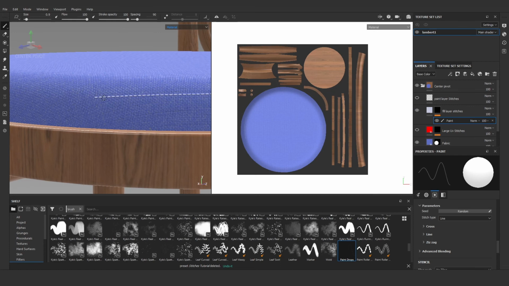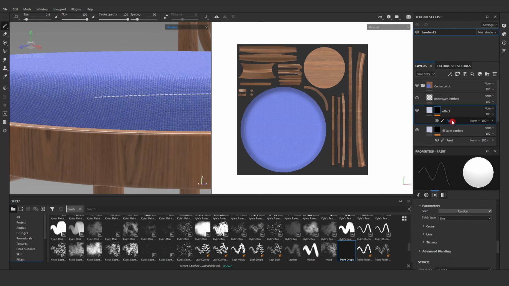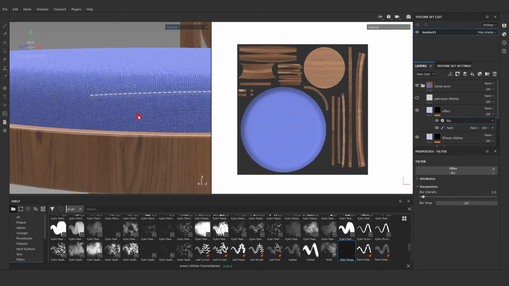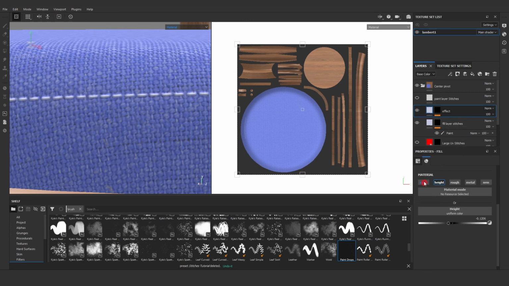For these stitches I need to give some additional effect, so I just duplicate the particular layer and name it effect, and I change my height value to -4. In that layer itself I am adding a filter called blur. In this blur area I am having the height value only.